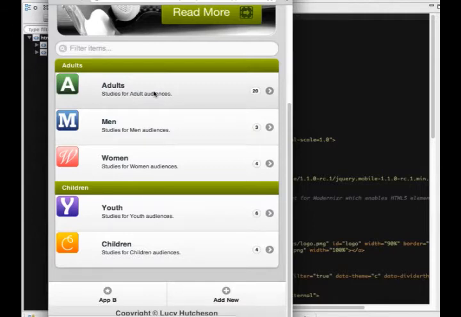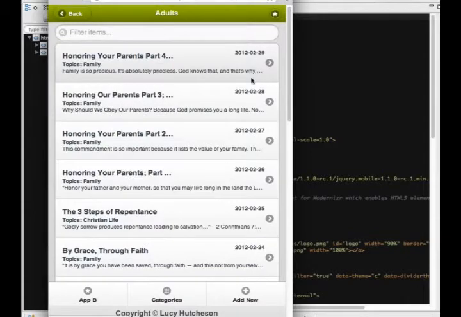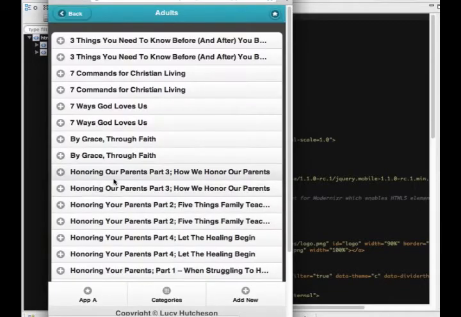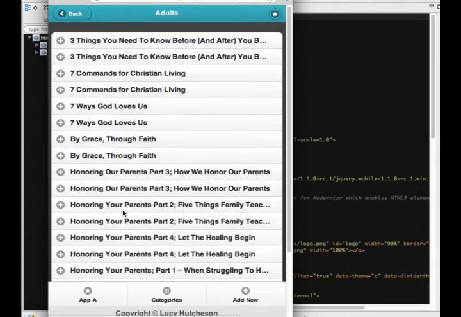Going into logical order, whether it is chronological or alphabetical, here in app A it's chronological, and in my app B it's alphabetical, and this is my long list. Now it really doesn't make sense when it's alphabetical and we have two of the same lessons. That really wouldn't happen in real life. So I do prefer the